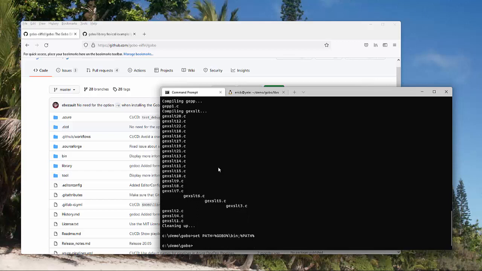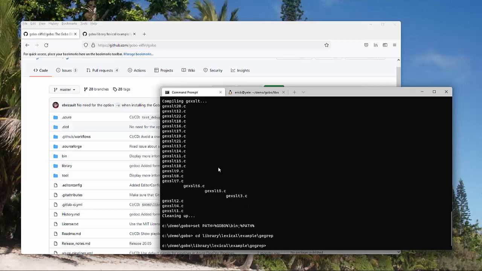Gobo Eiffel is now installed on Windows. So we will try to use the same example as before, gegrep, to make sure that everything is installed correctly. So let's move to library, lexical, example